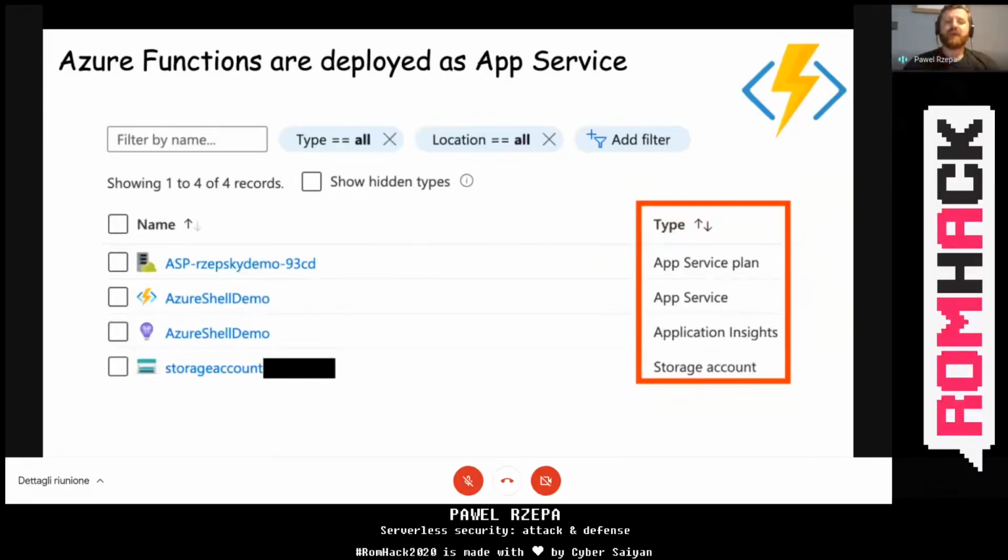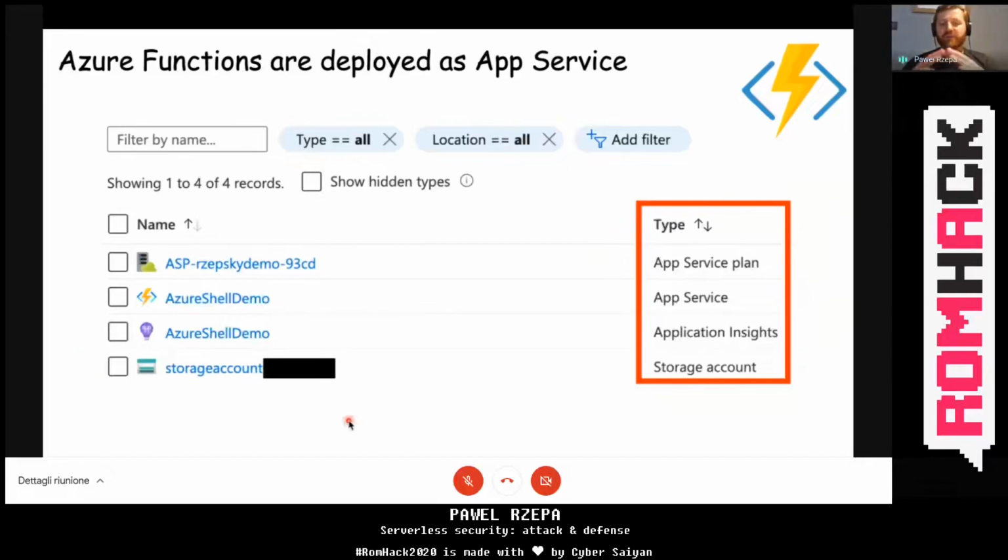You cannot deploy just the Azure function like in AWS, but you also have to deploy the storage account where your Azure function is stored, and any other resources required by your functions.